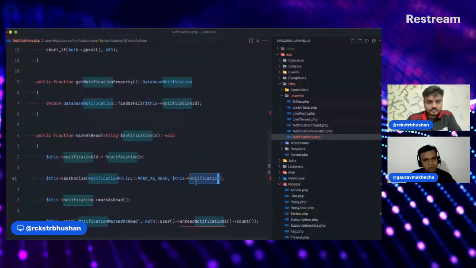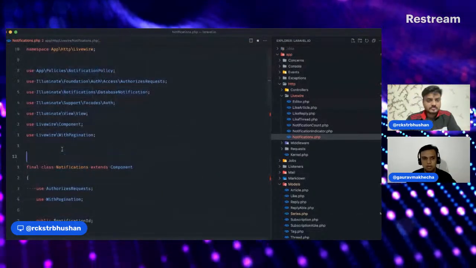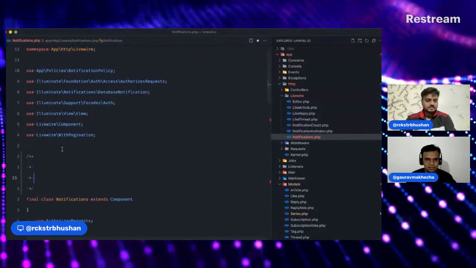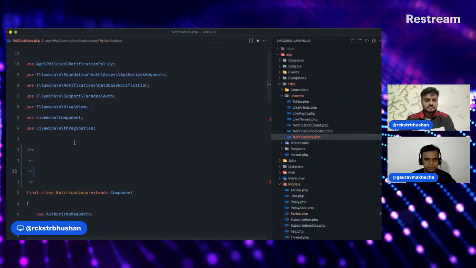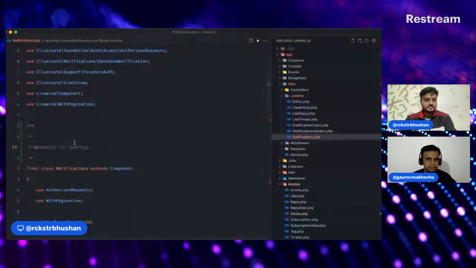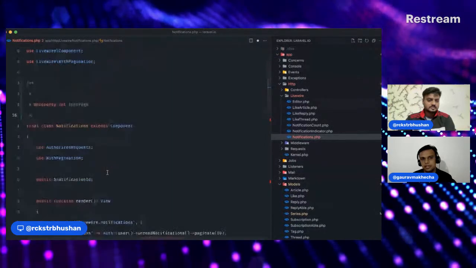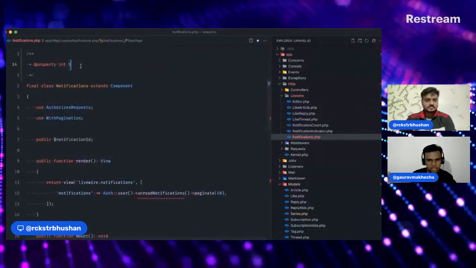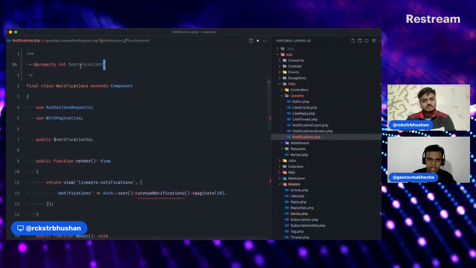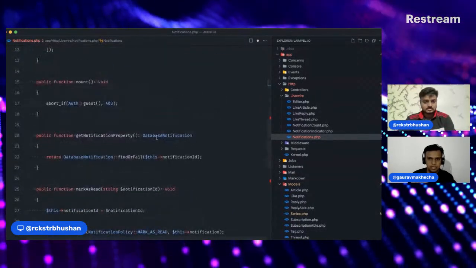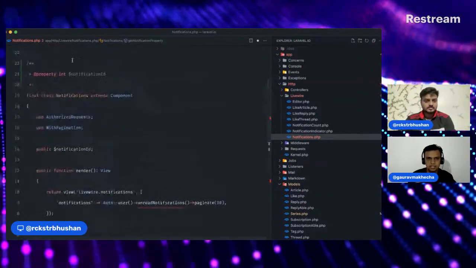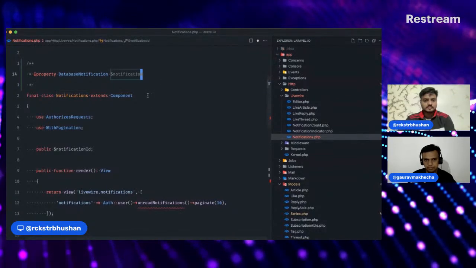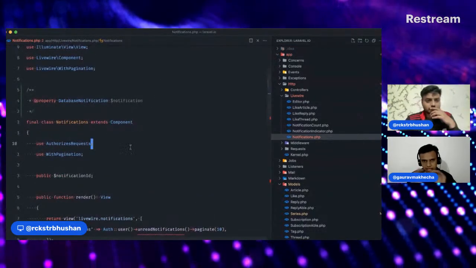So I again request you to go to the top and add a doc block for the class and say property. Add the read property. And the type, now the type is actually notification, database notification. Actually, if you look at the return type of that function, you can put that as the type, and the variable is notification, not ID there. Perfect. Now if you run again, it should be fine.